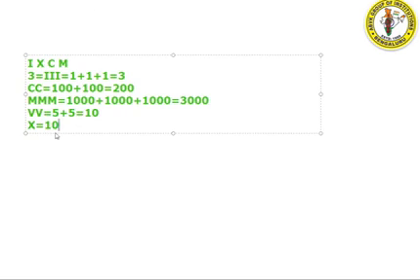See here. So now this is the correct one. Now where we have written V 5 plus 5 10, this is wrong. So in this way if you write, it will be wrong. So like this we will write. Okay, let us see rule number 2.